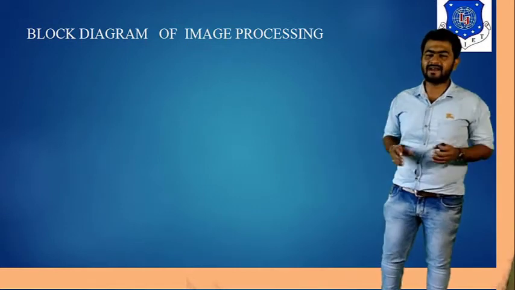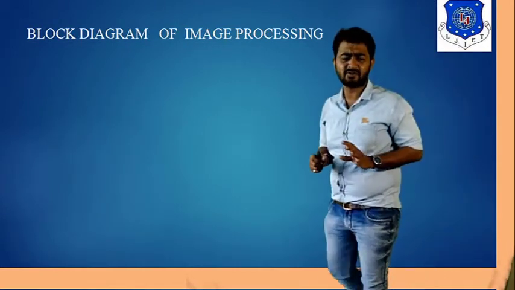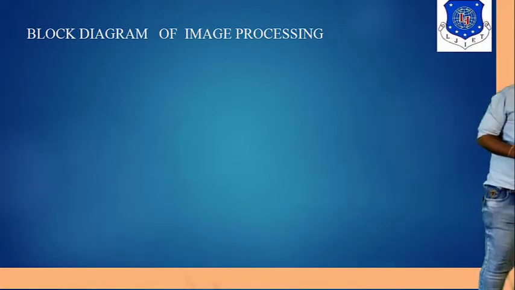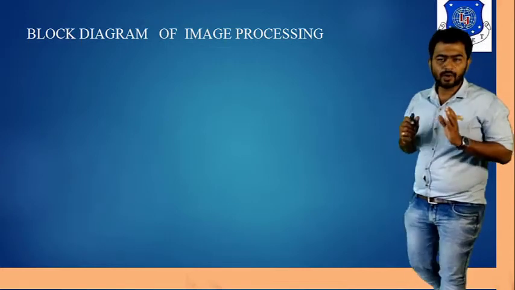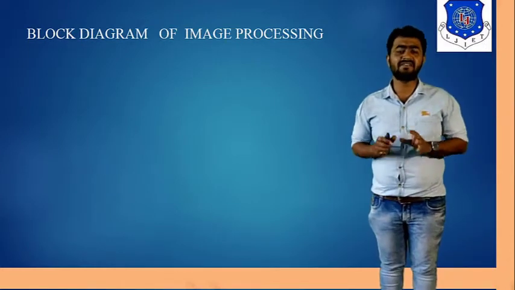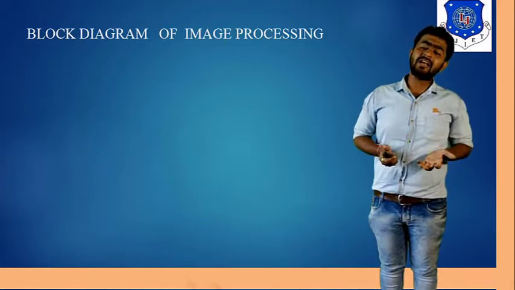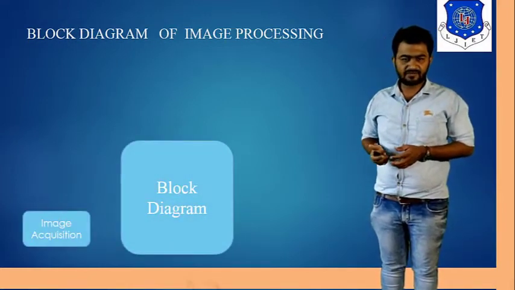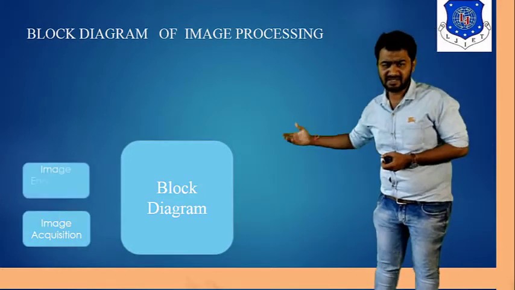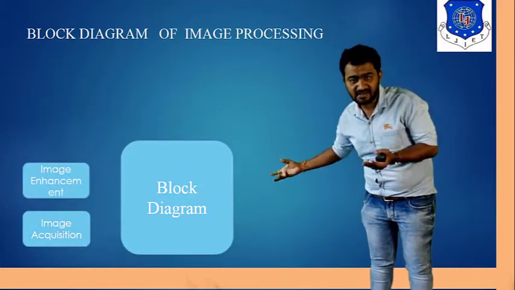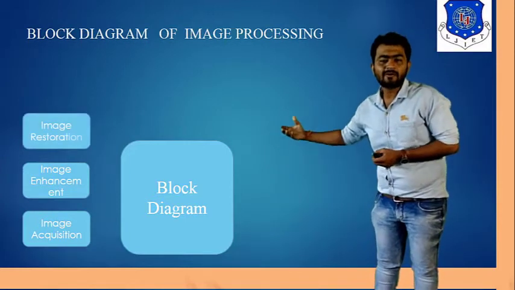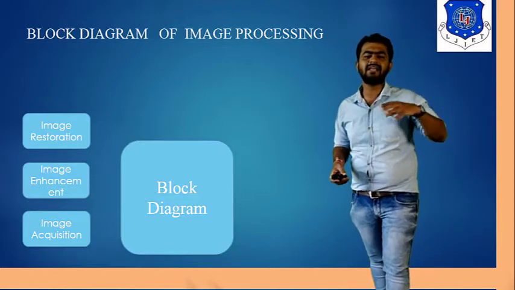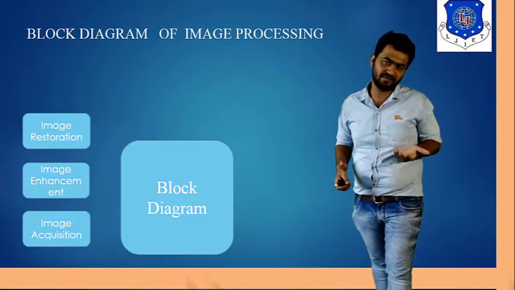Now we discuss the block diagram. This block diagram is very popular in image processing, because if you go into the market and work on any type of image processing, directly or indirectly we work on each and every module of this block diagram. So we go ahead. First of all, the block diagram starts with image acquisition. First of all, you have to acquire the image. Then ultimately, you have to apply different types of filters, because if you acquire the image from somewhere, directly or indirectly, you have to enhance the quality of the image.